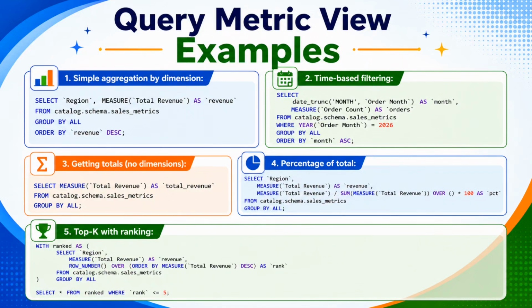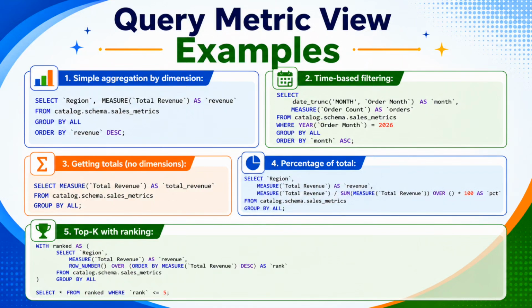Let's look at 5 common query patterns. Example 1. Simple aggregation by dimension. Our first example performs a simple aggregation by dimension. We select region, total revenue using the measure of total revenue function from the